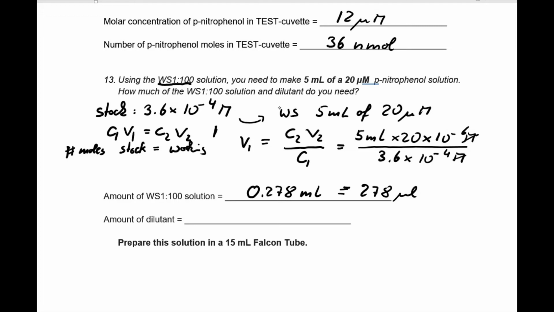And the amount of diluent that we have here would be simply 5 milliliters, so 5,000 minus 278 microliter. And that gives us, if my calculation is correct, we would need 4,722 microliter for this